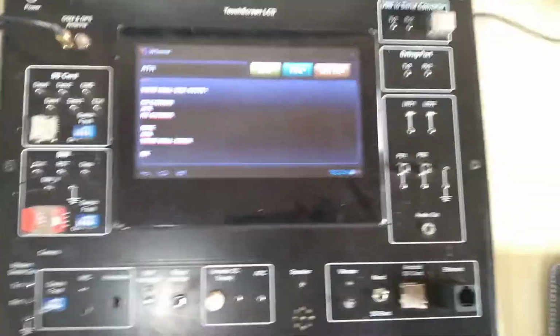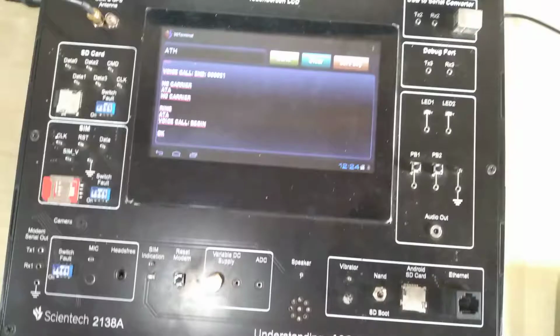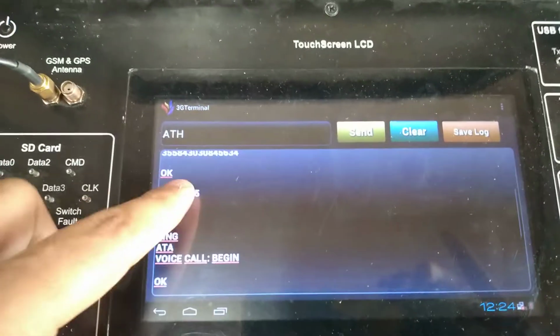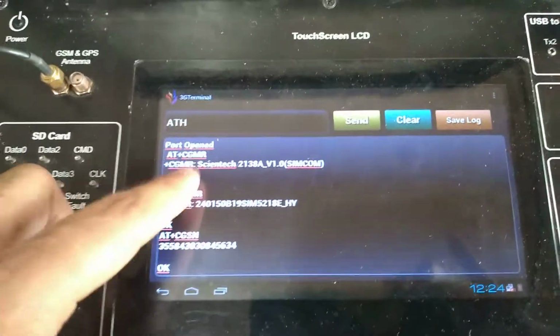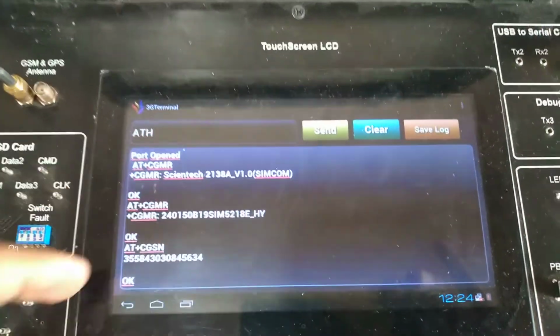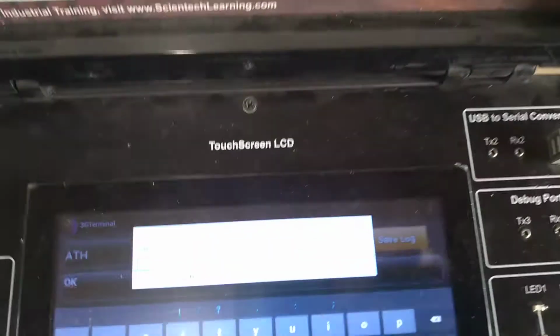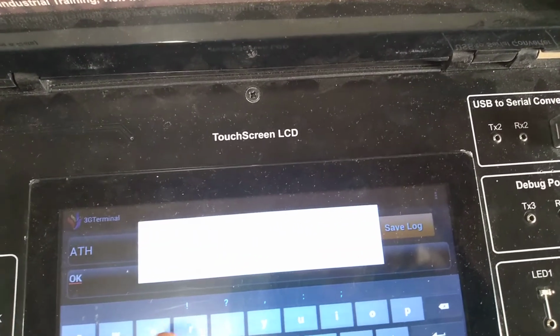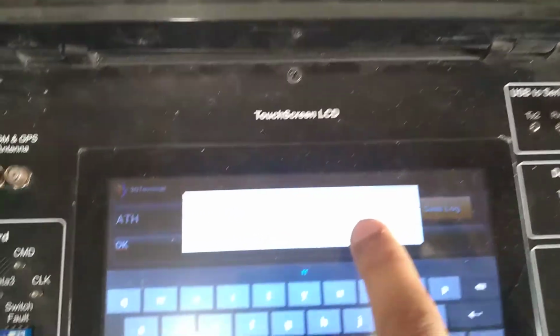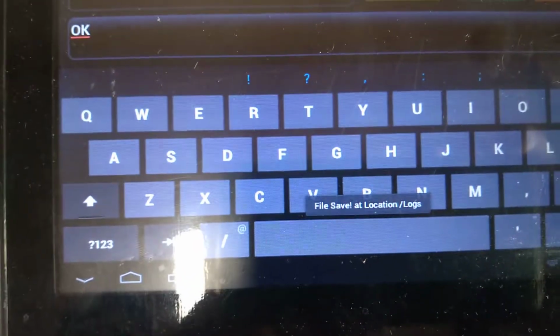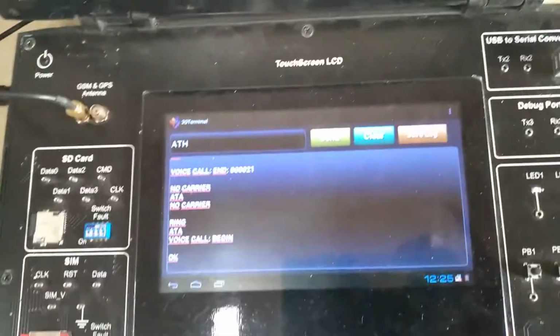Likewise we have to perform different AT commands and check the responses of these commands. While performing this practical, we have entered too many commands. For documentation purposes, you can take these commands and their output by using the save log button. If you press this button, it will ask you the name of the file. I have entered the name and pressed yes. It has saved to the logs location. These logs you can also copy into your PDF from the file manager.